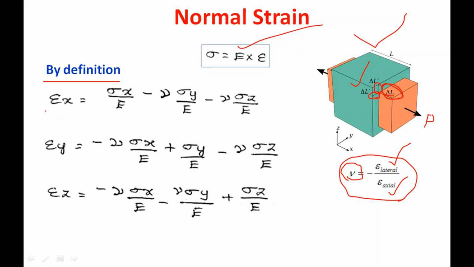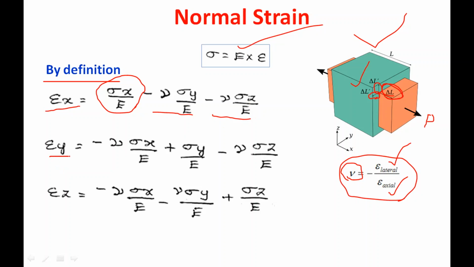Here, when you write the strain along the x direction including the Poisson effect, you will get sigma x by E. If you consider only one dimension, you will get only this one, sigma x by E. When you consider two dimensions, we will get this part. When you consider three dimensions, we will get this one: minus nu, where nu is the Poisson ratio, sigma y by E, minus nu sigma z by E.